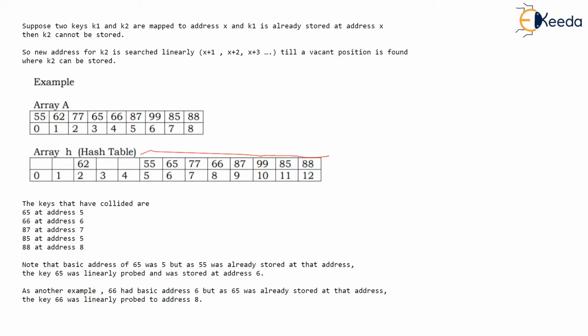Now just imagine we were searching 109. Then 109 should be at ninth address. 109 % 10 is 9. But this is not storing 109. So what? We will linearly search 109. Not storing 109. Next location not storing 109. No more 109. But then we go circularly, and if 109 has to be present, it should be present at address 0. But address 0 is vacant, and hence we declare that 109 is absent.